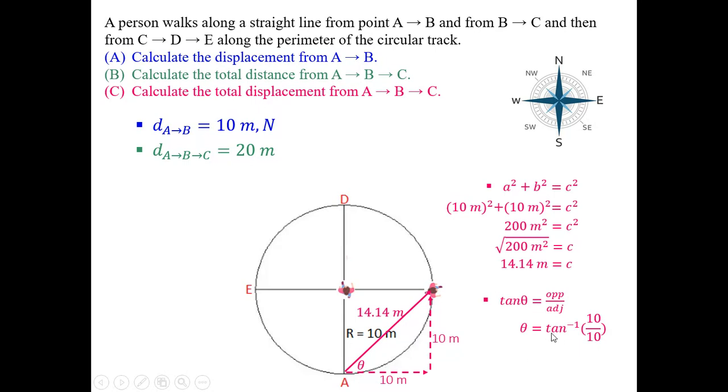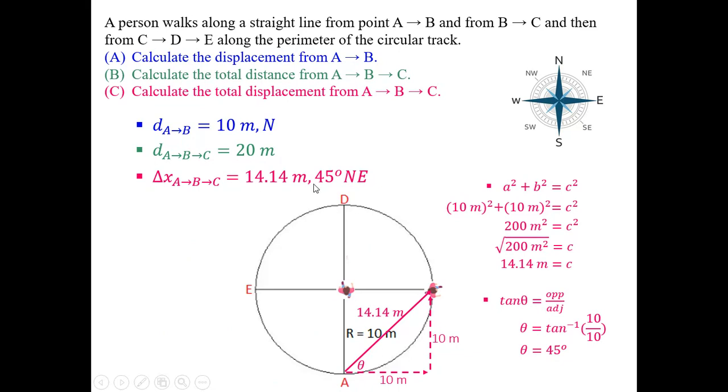So if you punch in inverse tan of 1 on your calculator, hopefully your calculator is in degree mode, you should get 45. If your calculator doesn't give you 45 degrees, then most likely you're in radian mode. So make sure you switch your calculator to degree mode for these types of problems. Other than that, the proper way to express your final answer for part C is simply